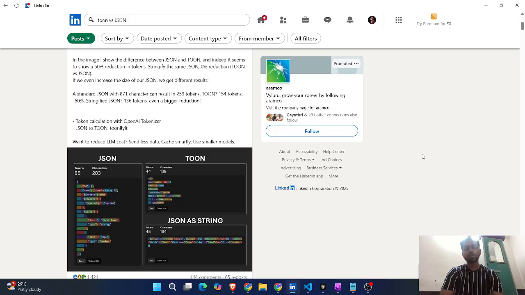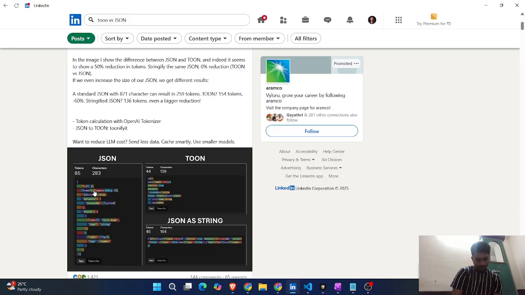Okay, so we all know JSON, JavaScript Object Notation. Whenever we make a request to get some response, we get the response in the form of JSON. Or let's say we created some prompt and we need to pass some data to the model to get certain things. We preferably go ahead with JSON and send the data in that manner. But what's the problem with that? Why not JSON? What are the issues with that?